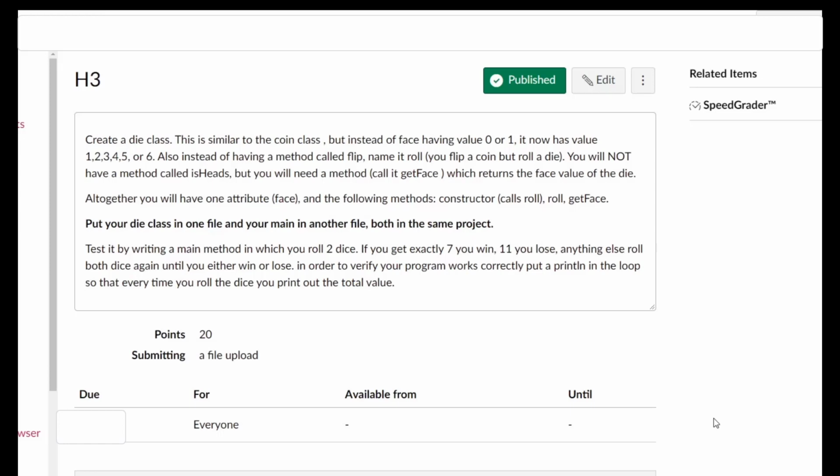So H3, similar to the coin class. So the coin class, we have two possibilities. It's either a head or a tail. But in this case, we have possibilities 1 through 6. So we're not going to flip our dice. We're going to roll it,